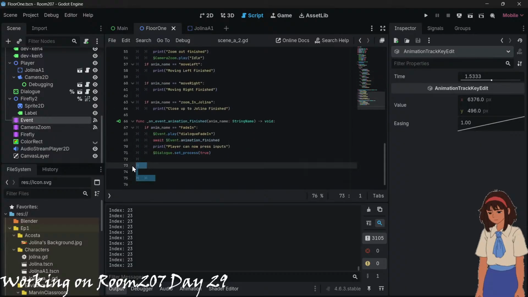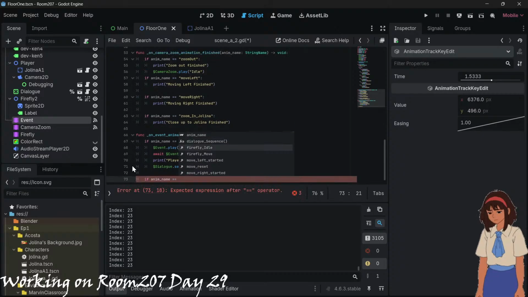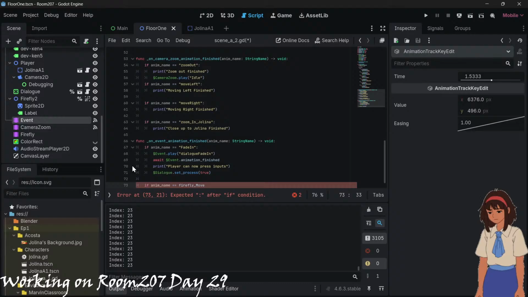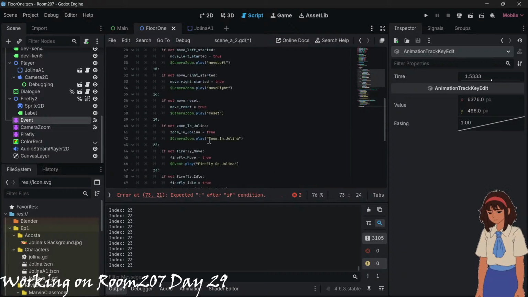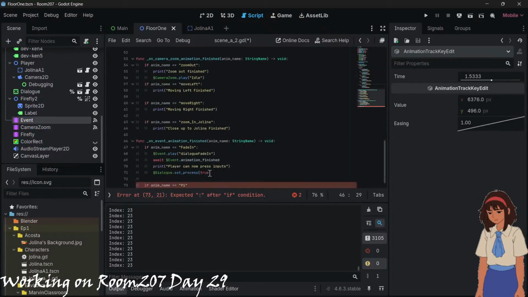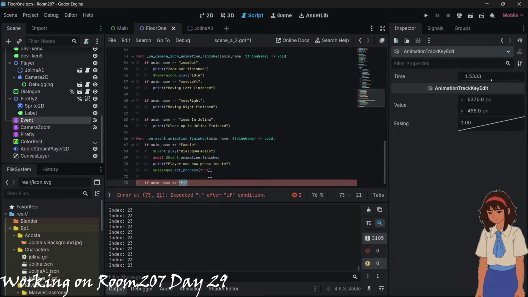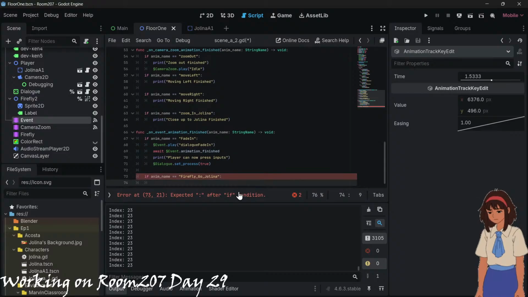It still should play the animation if animation name is equals to firefly move, I guess equals to firefly go to Jelena. Firefly go to Jelena, then